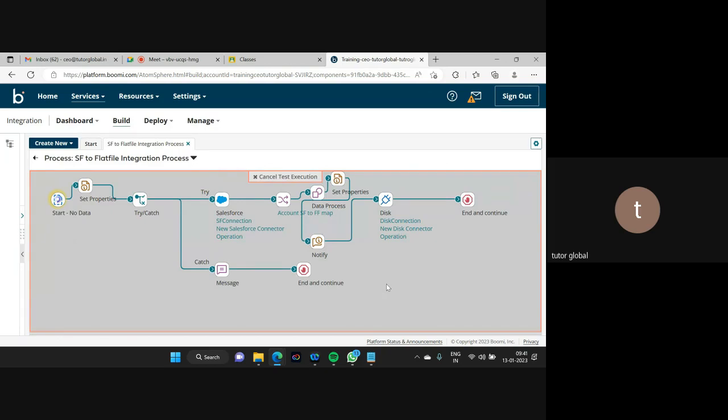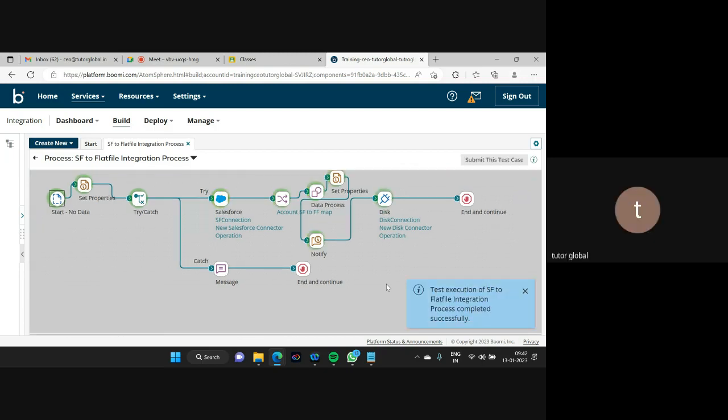If you understand the concept now, then you can build any processes. Yes, till now I'm getting what you are exactly doing. Why did we set the property in the beginning, after the data process, and now why are we using notify? I'm putting it. See, in Notify,